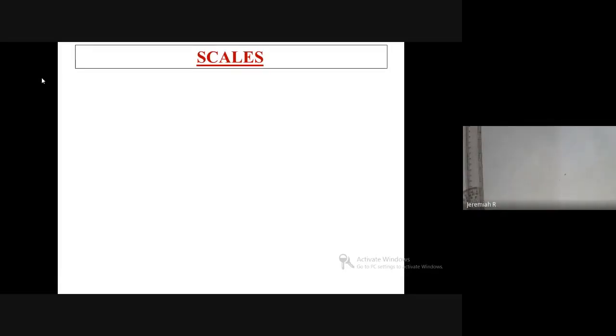So just start the class. As of now, we have completed 11A. So we have seen ellipse by eccentricity method, parabola by eccentricity method, hyperbola by eccentricity method, and after that we have seen cycloid. So when a circle is moving in a straight line, we trace the path, that is called cycloid. Over a circle, one more circle is rotating. So that is epicycloid. We trace a particular point and you'll get some path, that is called epicycloid. And after that, we have seen hypocycloid.